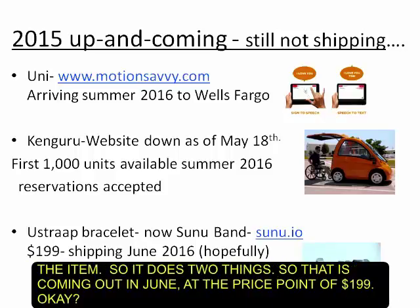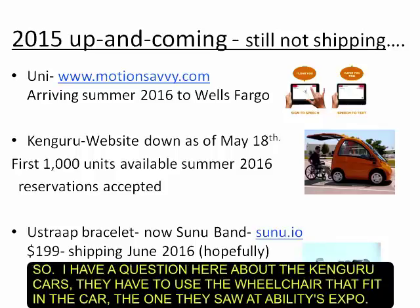So it does two things. So that is coming out in June at the price point of $199. Okay? So I have a question here about the Kangaroo cars and that you had to use their wheelchair